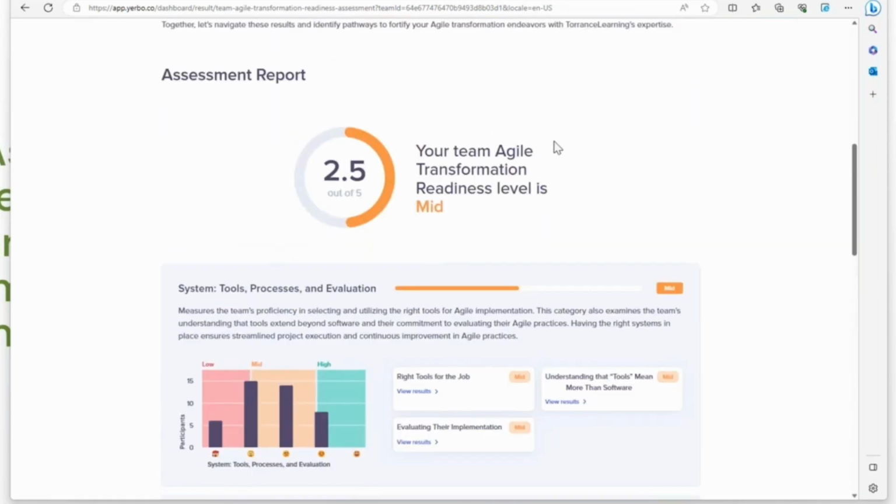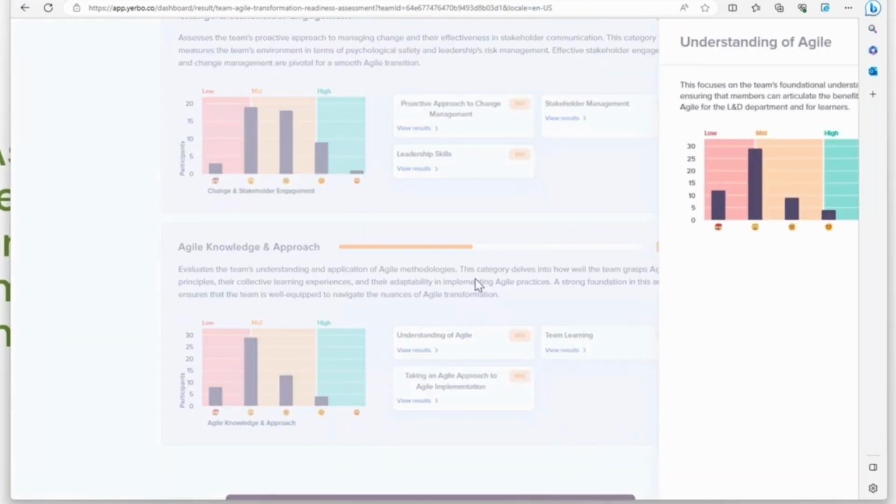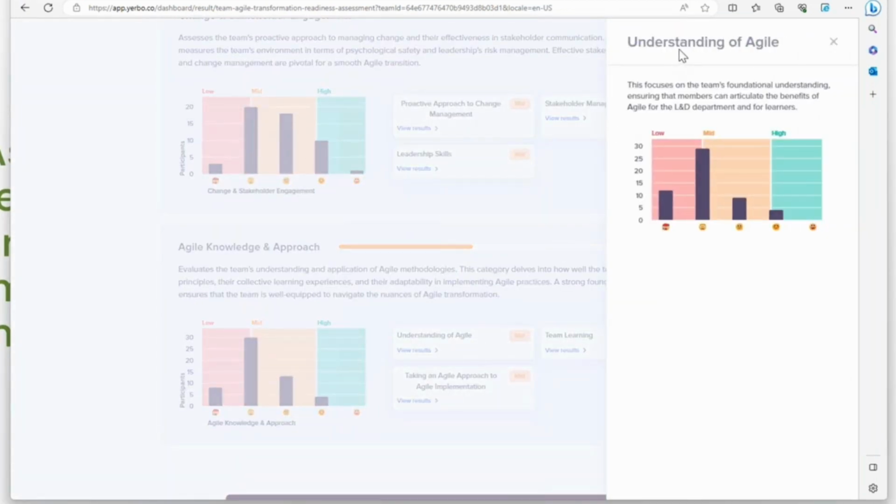I just want you to take a look at this: if you're feeling bad about your Agile implementation, your colleagues here, I've got a couple of you in the chat who are like, oh, ouch, I scored lowly. It's okay. It's okay. And that's really what this is all about. So when we get into our understanding of Agile,